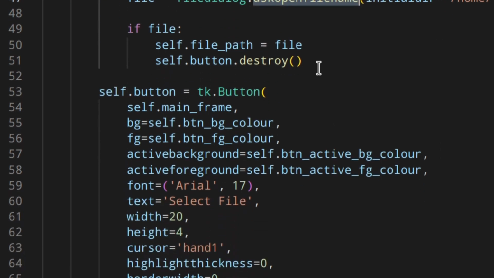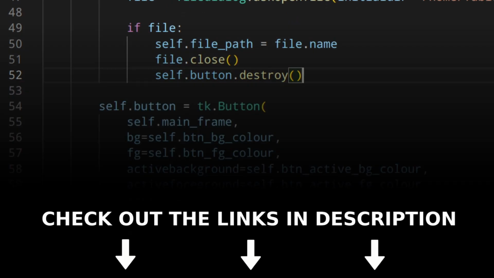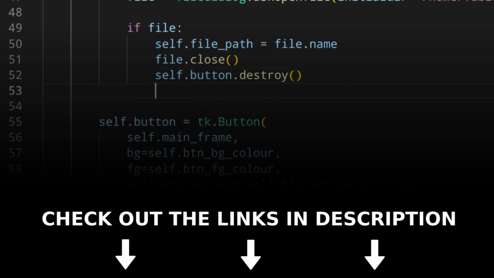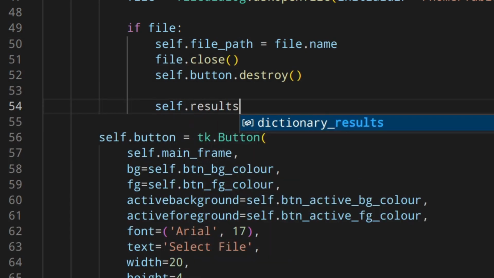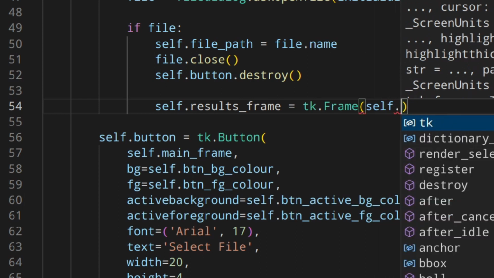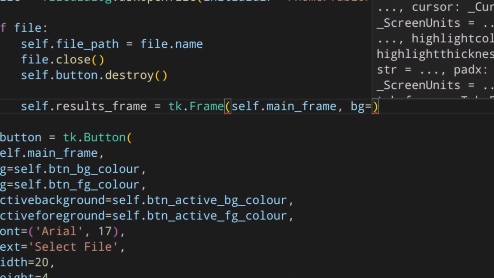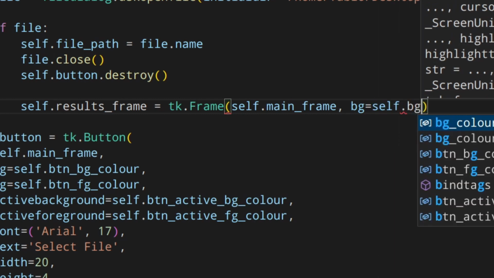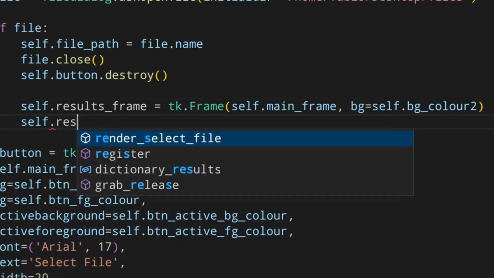Okay, so let's go back to the original video. Now that we've got the path, we can create a new frame that will hold the loading text and then the results. So I'm just going to call it self.results frame, and that's going to be a frame in the main frame, the background is going to be self.background color 2 in this case, then results